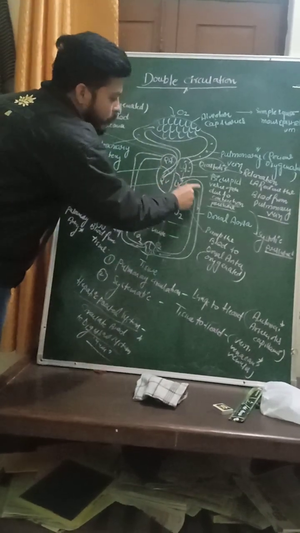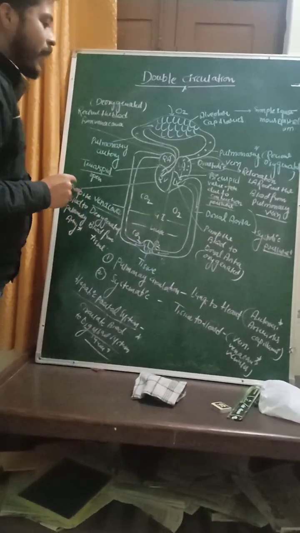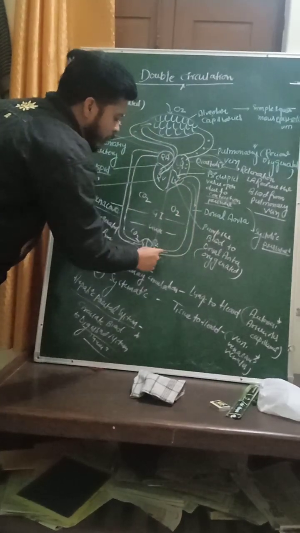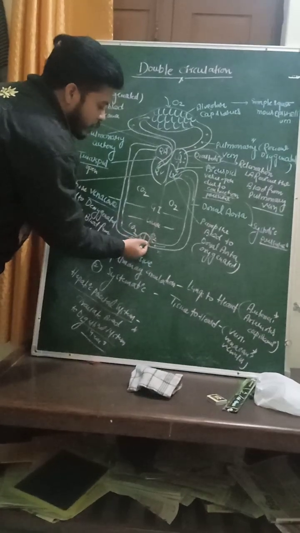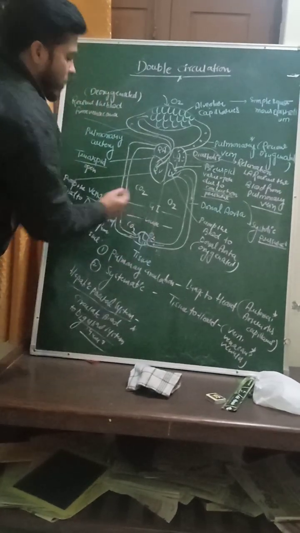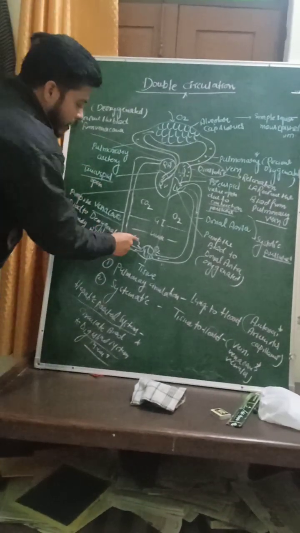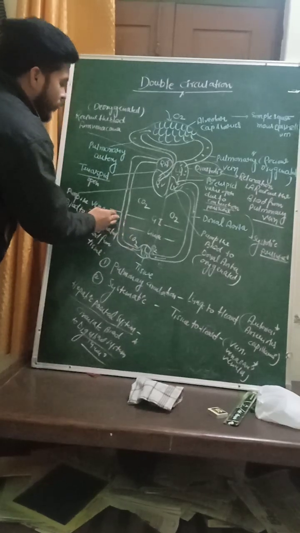So the left ventricle pumps the blood to the dorsal aorta, which carries it to the network of arterioles and capillaries. This dorsal aorta carries the blood to the tissues and organs. That oxygen-rich blood is used by the cells and tissues for the purpose of respiration and releases a large amount of carbon dioxide as a product. Now CO2 is released and the blood comes into the vena cava.